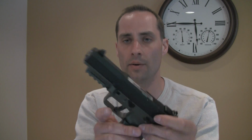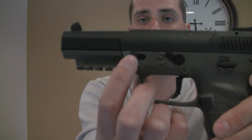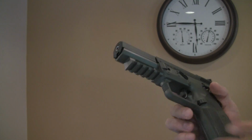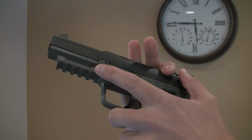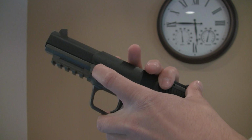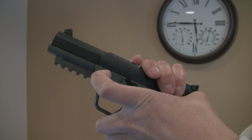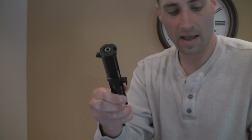And let me just show you how it breaks down. Here's the takedown pin or lever, or whatever you want to call it, right here. To take that down, I better come around this side here for this. All you do is pull, I like to get my fingernail in there, pull back on the slide and pull back the takedown lever at the same time, and then just release the slide. Now that we've got that piece off,